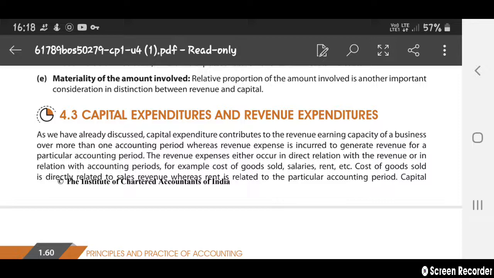Revenue expenses either occur in direct relationship with the revenue, or in relationship with the accounting period. For example, cost of goods sold, salaries, rent, etc. are some of the revenue expenses. Cost of goods sold is directly related to the sales revenue, whereas rent is related to the particular accounting period, for that year,